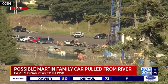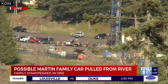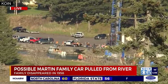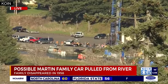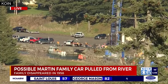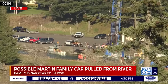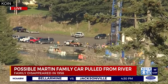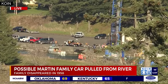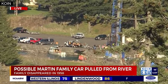The Multnomah County Detective Walter Graven investigated the case, and when they didn't find the car here at Cascade Locks initially, he came up with some theories. There was some pretty strong circumstantial evidence that the Martins were victims of foul play. He felt very strongly about that. This case haunted him for the rest of his career. And he always said his last entry in his detective book will be solved when they find the vehicle with